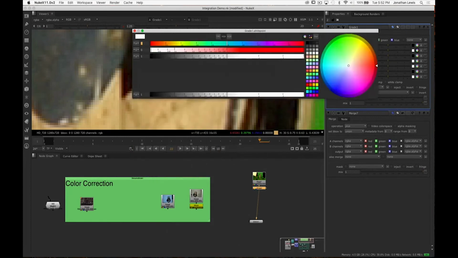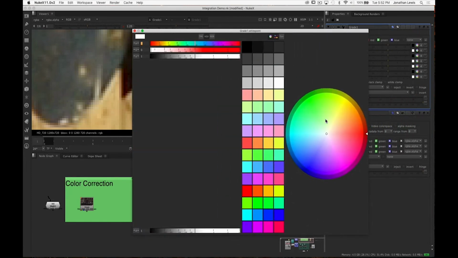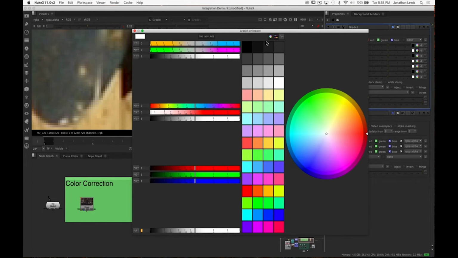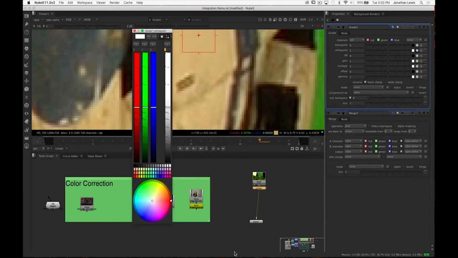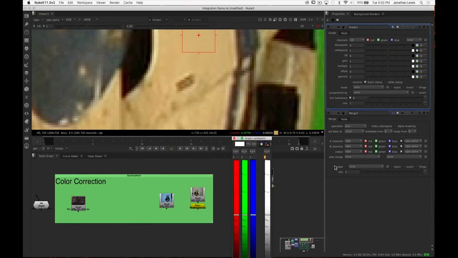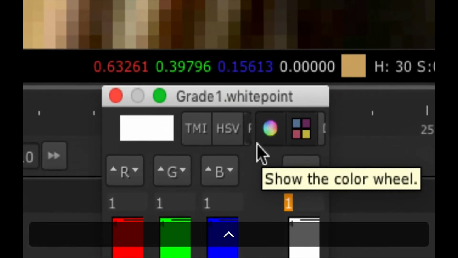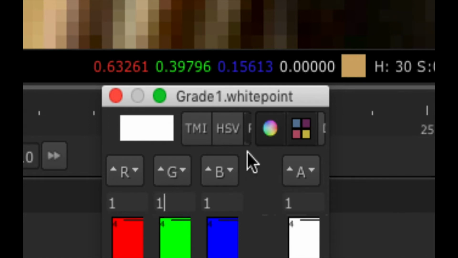First, it's scalable, so you can scale it, but then you have different ways of how you can color correct. Now, you guys are probably going to either use RGB or hue, saturation, and value. But you also have something called TMI. That's temperature, magenta, and intensity. Again, you guys are probably either going to stick with RGB or HSV. So let's use RGB for this, since we're color correcting RGB. I'm going to set it up so we can kind of see it all at the same time. All right, so what I want to do is grab the green and the blue